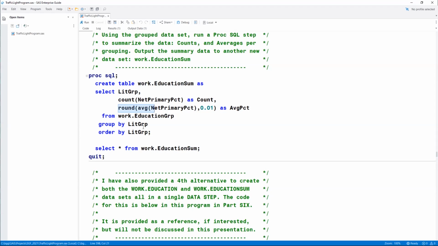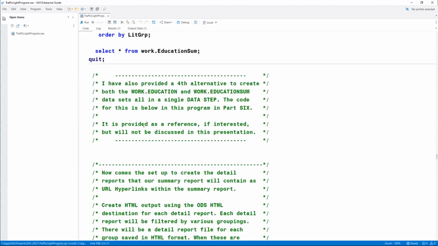I do have a fourth alternative to all of this that is data step only. In that data step, it would take the place of that original data step where I created work education and the SQL step where I created education sum, and it creates both of these outputs all in one step.